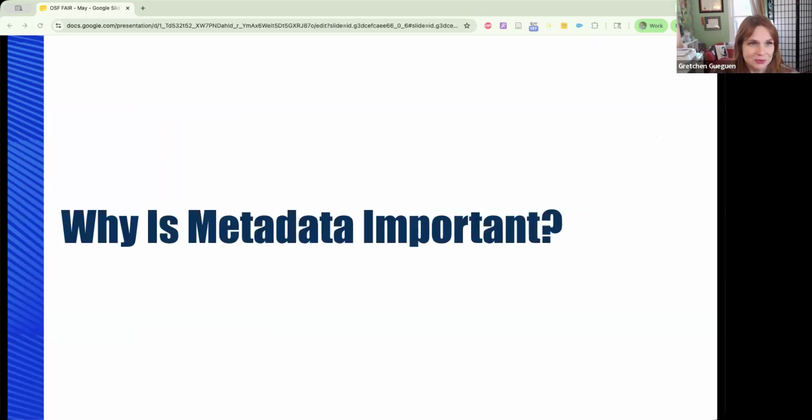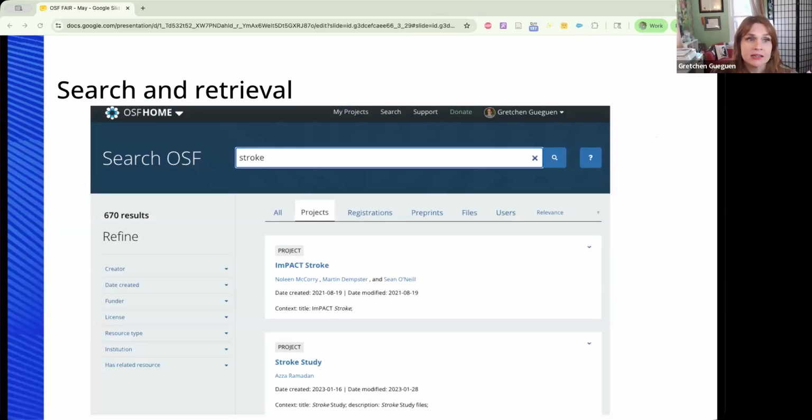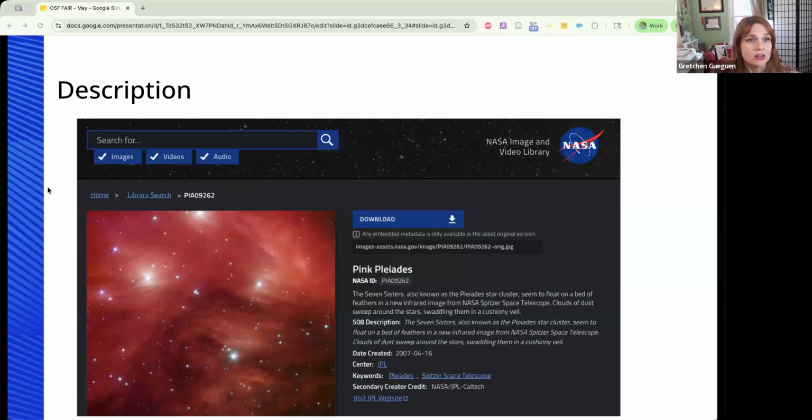So I think we've established what metadata is, but you may not have really realized all of the jobs that metadata does. So as we've already said, metadata is often what powers a search engine. So you can sometimes directly search through text when it's available, but searching metadata is actually more efficient because it's very clear and consistent, and it's consistently labeled and uses consistent terminology. But metadata is also crucial for that non-textual data. It may be the only way to describe and identify what it is that you're looking at. So I wouldn't know what this picture was of, that it was of the pink Pleiades, without the metadata.